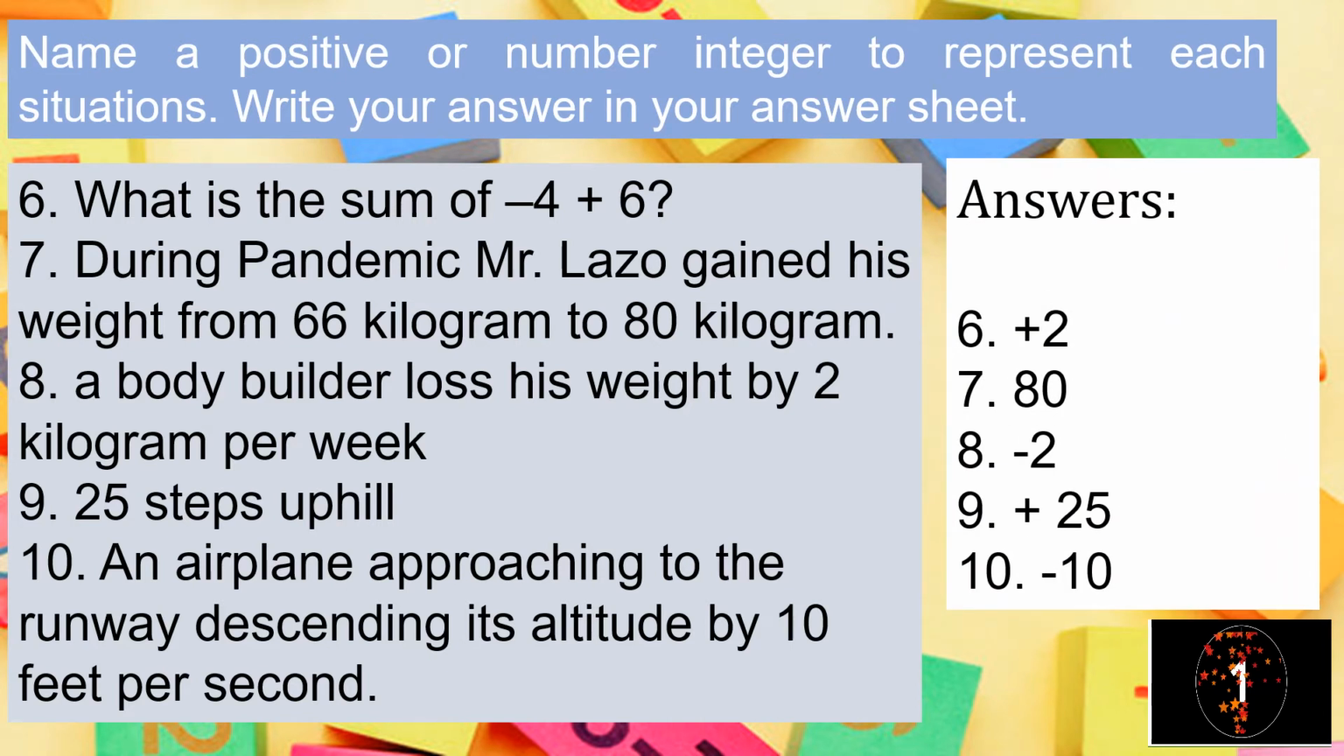Negative 4 plus 6 equals positive 2. Number 7, positive 80. Number 8, negative 2, so lost his weight by 2. Next, number 9, positive 25. And number 10, negative 10. Next,